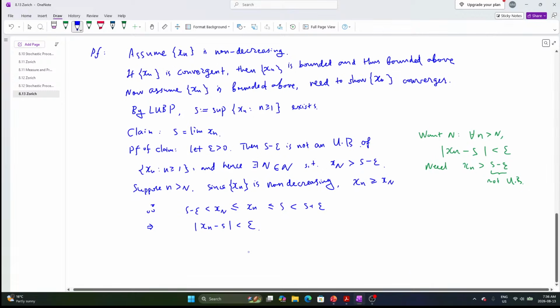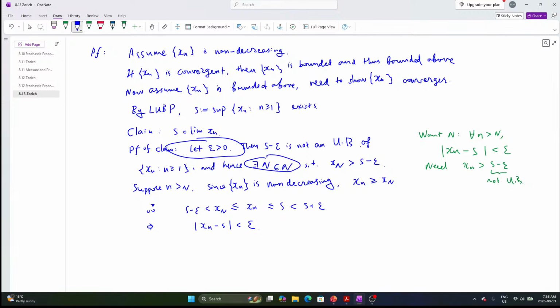So now we have all the ingredients in the definition of convergence. For an arbitrary epsilon greater than 0, there exists big N such that for all little n greater than big N, xn minus s absolute value is less than epsilon. These are all the ingredients needed in the definition for convergence, and hence you can say, therefore, by definition